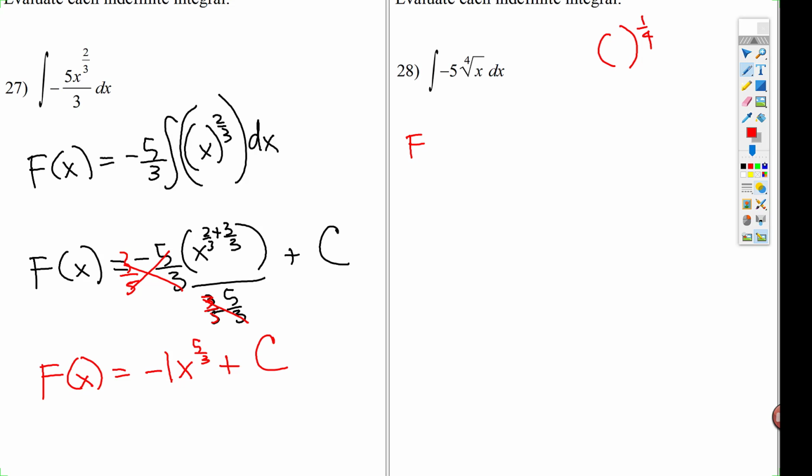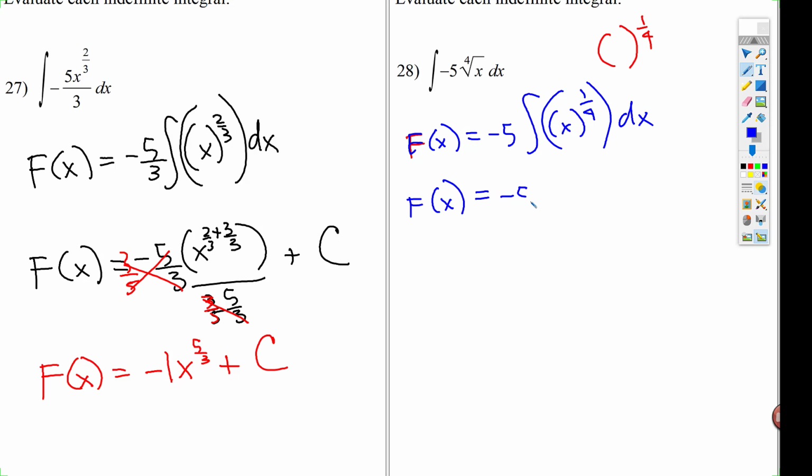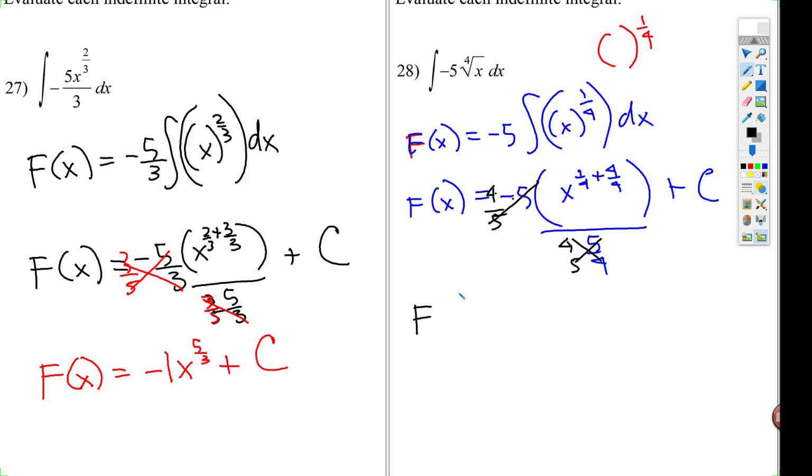All right, you're going to rewrite this as x to the 1/4 power. So we're going to bring out the -5. Now I'm going to write that as x to the 1/4 dx plus c, and then that's x to the 1/4 plus 1, which is 4 over 4. 1 plus 4 over 4 is 5 over 4. So we're going to multiply top and bottom by the reciprocal, 4/5. So that leaves -1 times 4 is -4, and that is x to the 5/4